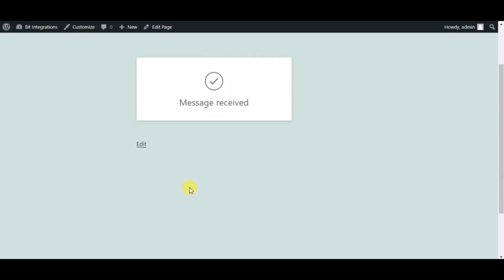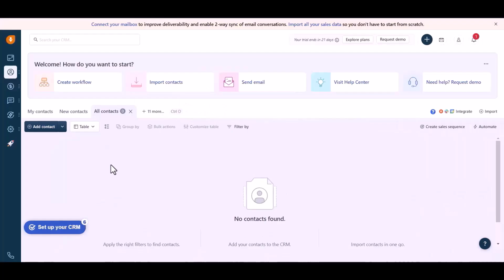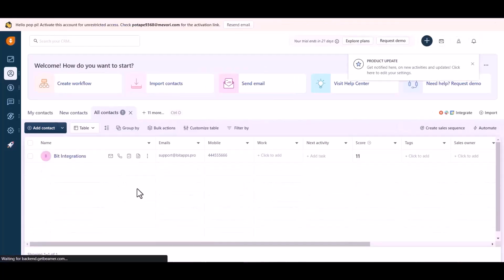Form submitted successfully. So go to your Freshsales site and refresh the page. Here you can see the data came successfully in the